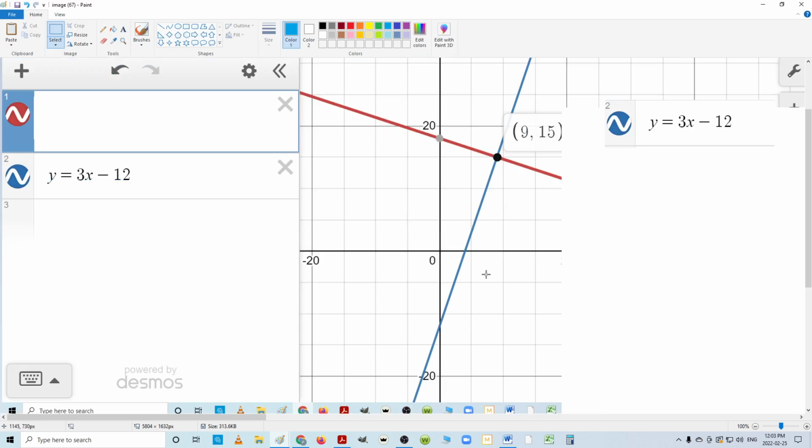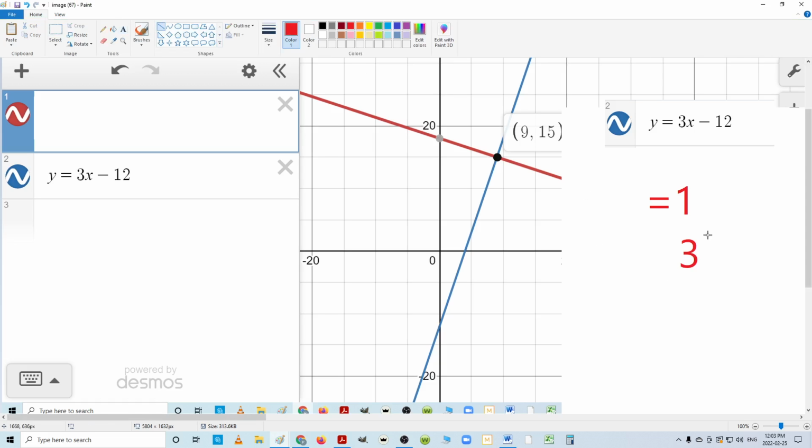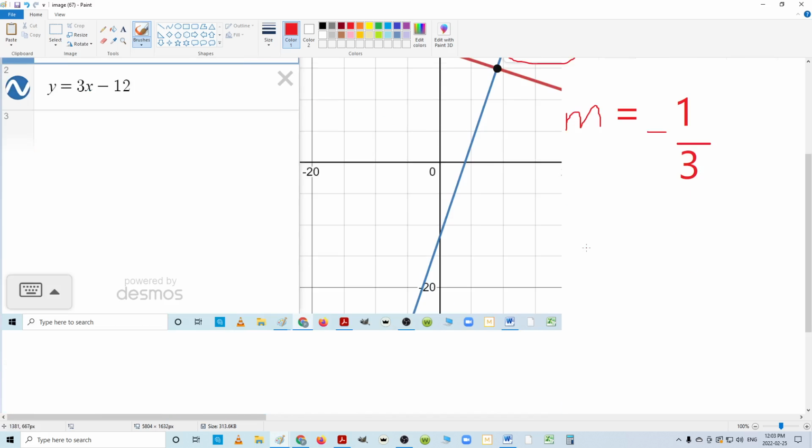Well, the first step you should say to yourself is, I know the slope of the blue line is 3, and according to this rule, the slope of the red line is going to be the flip of that, 1 over 3, and change the sign. So the slope of the red line must be the flip of the blue line's slope and a negative. So that's a start. Now I have the slope of the red line. Since I have a point here, I have two ways to solve this. I can either use this method,